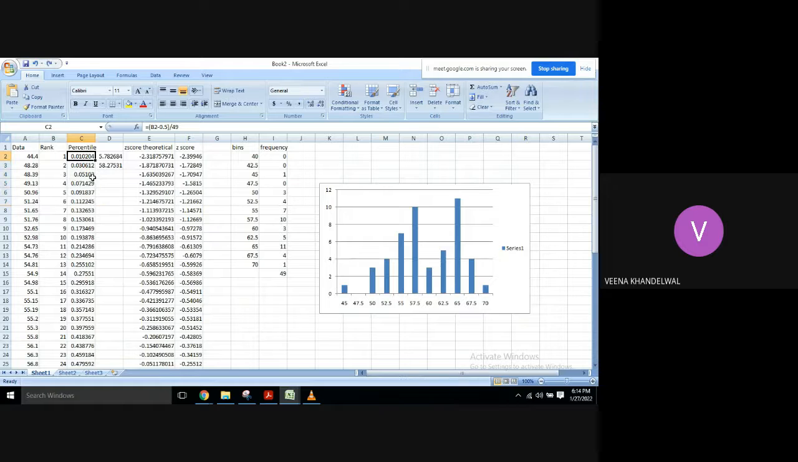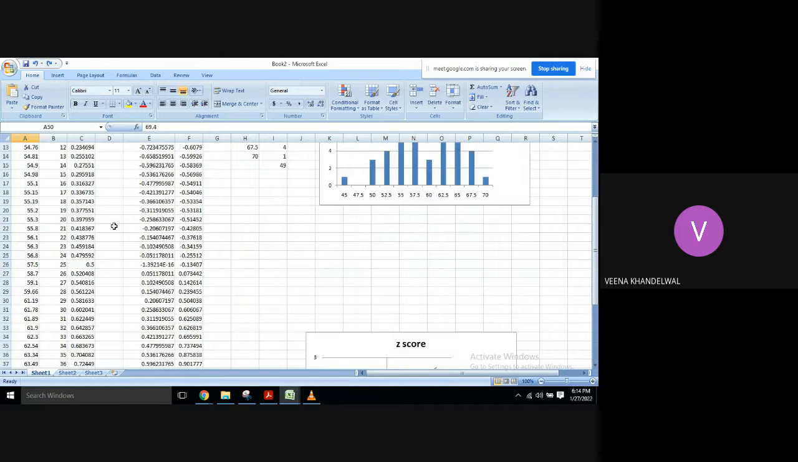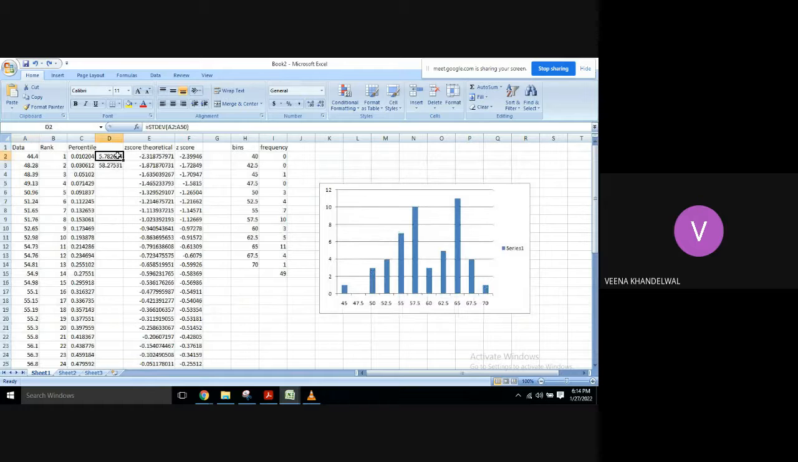After computing the percentile value, we find the standard deviation of this data and the average of this data using MS Excel formulas. Since the data lies between A2 to A50, that is my range, and with the help of these two formulas of standard deviation and average, I have found both of these because I want to find the